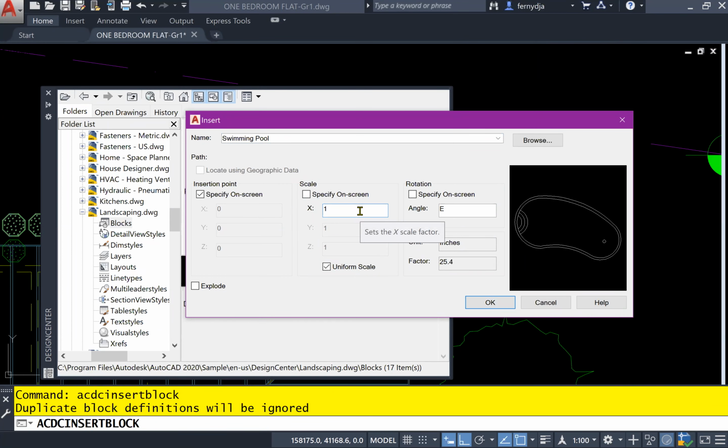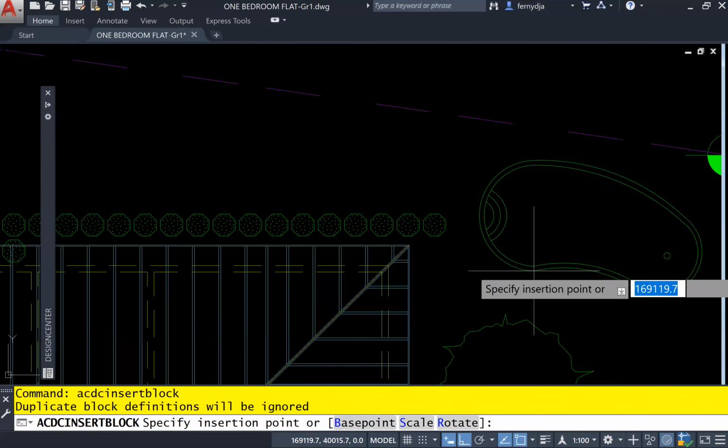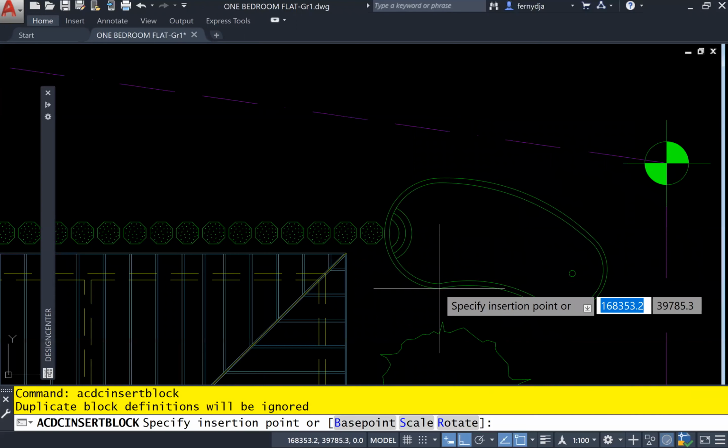So I'm going to make it 0.5, right? For X, Y, and Z. So what I did, instead of typing it 3 times, I checked this box that says uniform scale, and it just put the same factor for X and Y. So we can just click OK. It comes out on the cursor, and then I'm going to just pull it up close to the stepping stone